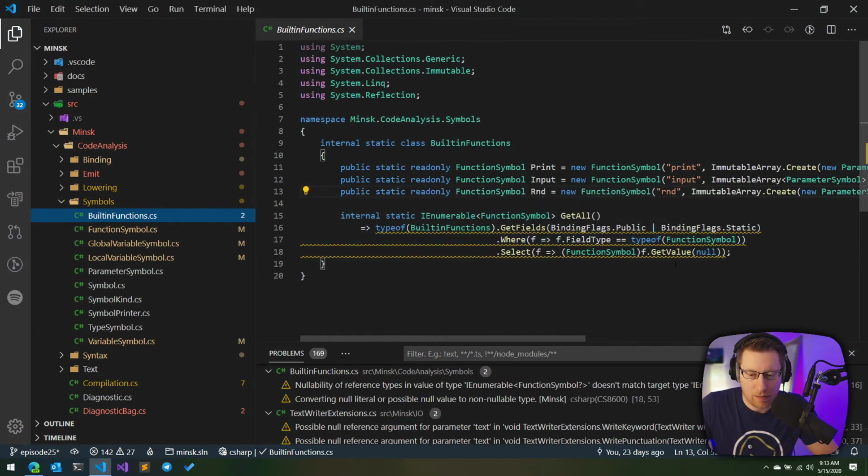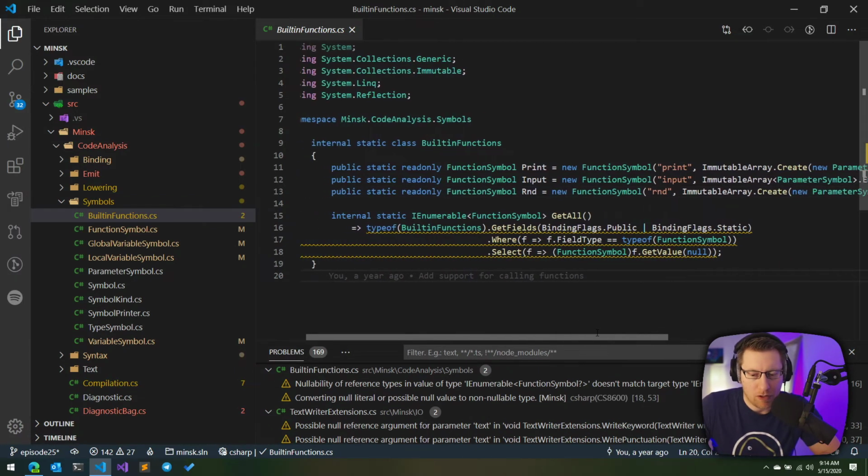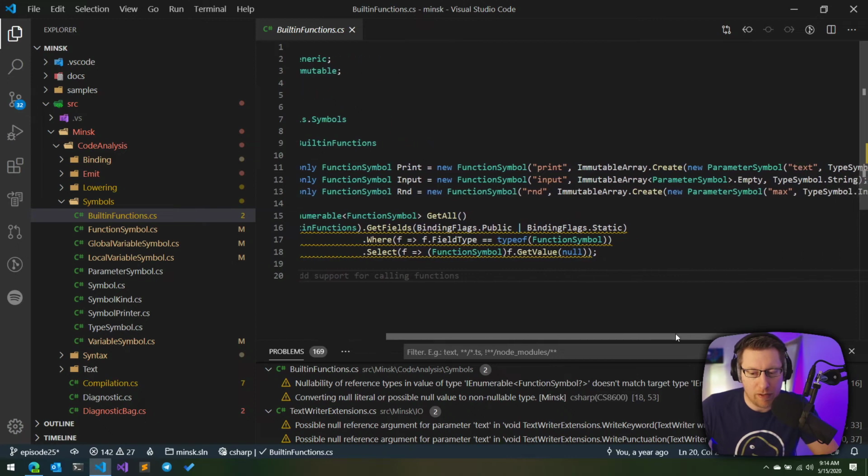Symbols now has warnings. How is that possible? Oh yeah, when we upgraded from .NET Standard to .NET Core, now we get more annotations for the BCL. And of course, now we get warnings in places that we didn't get before, which is another reason why we generally recommend, if you do still want to ship as net standard, you should multi-target for net standard and net core app, so that you get the additional annotations for the BCL,